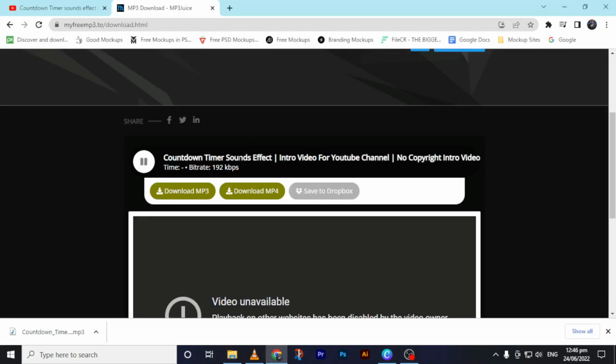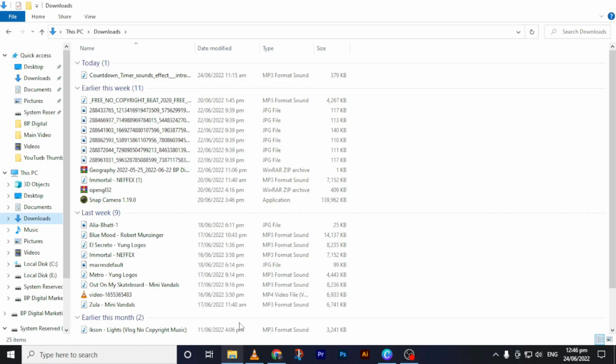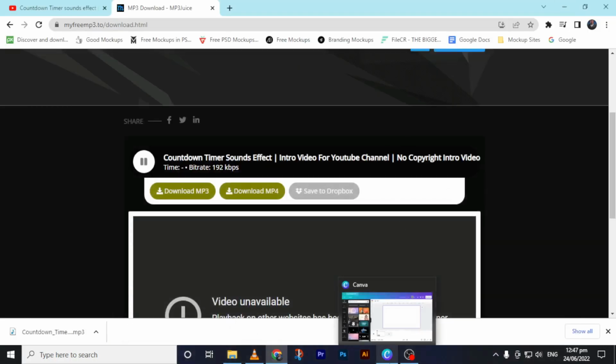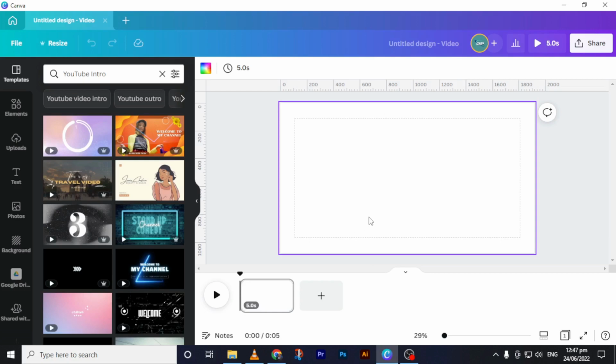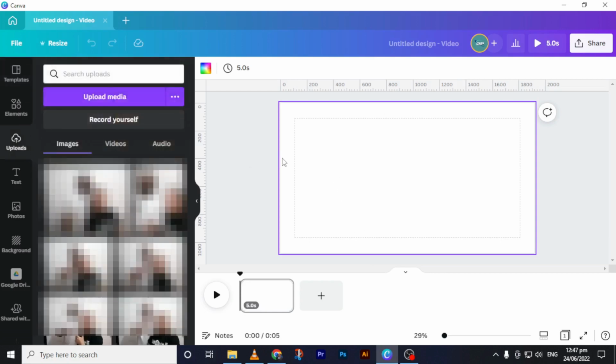Now your file will save in the downloads folder on your computer. So go back to Canva and then go to uploads. At the left sidebar, you will see templates, elements and uploads. From there you click upload media